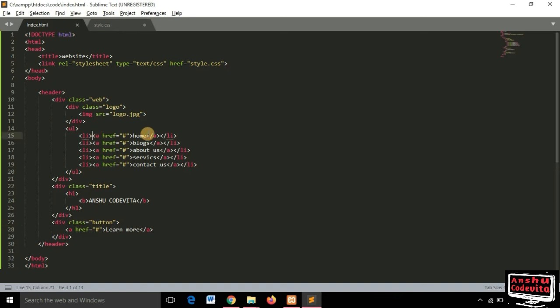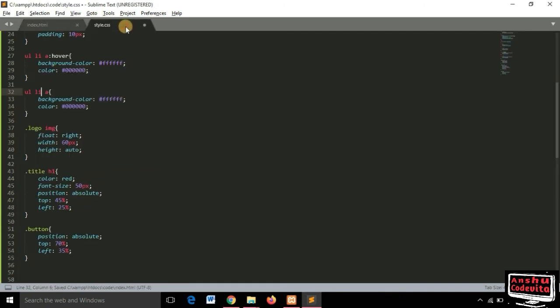In that I will type a class as main, and save it and go to style.css, and there type dot main to give the default main home section.